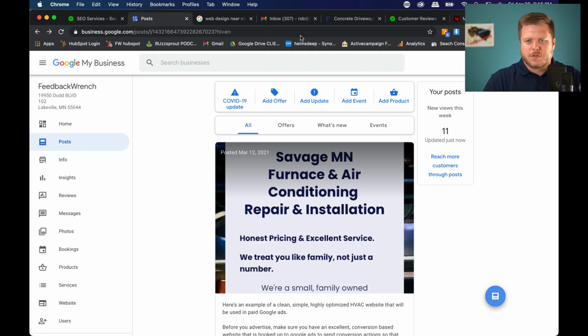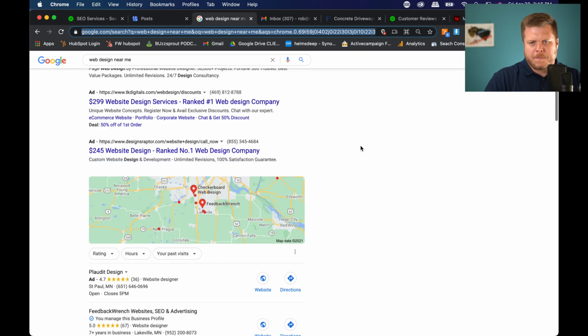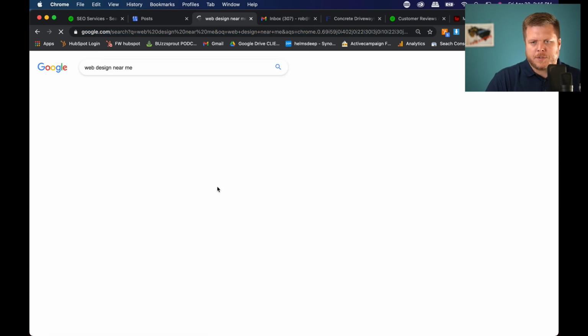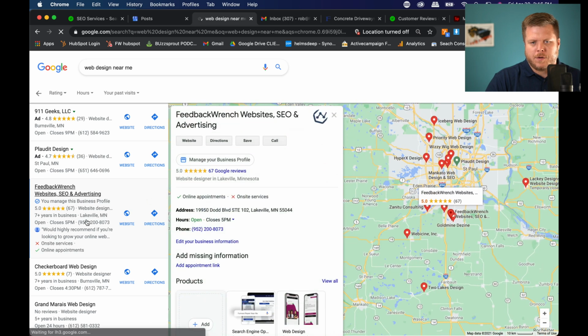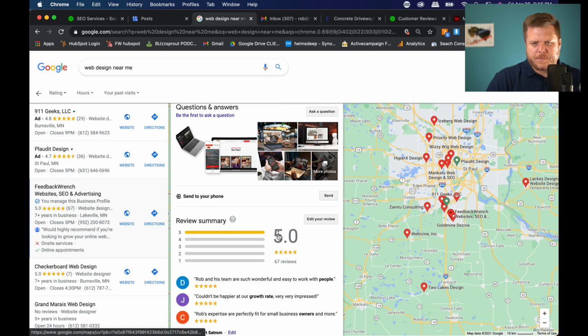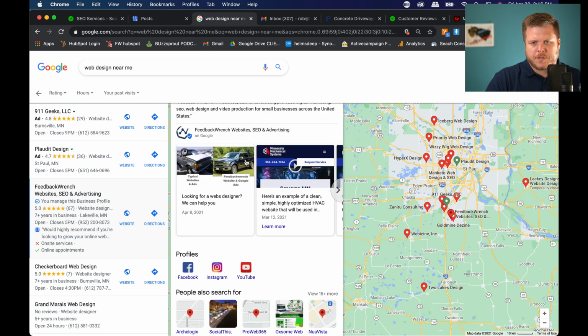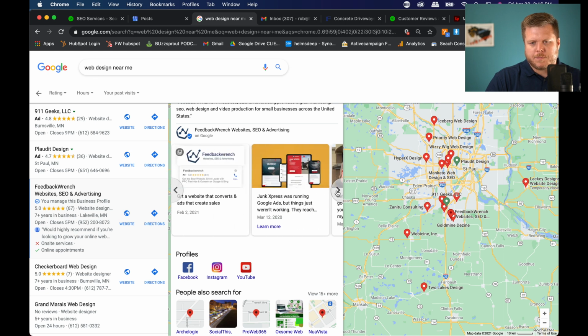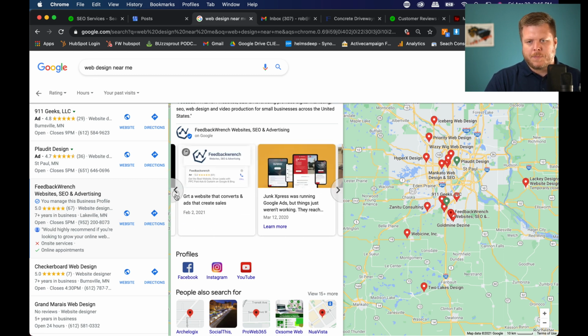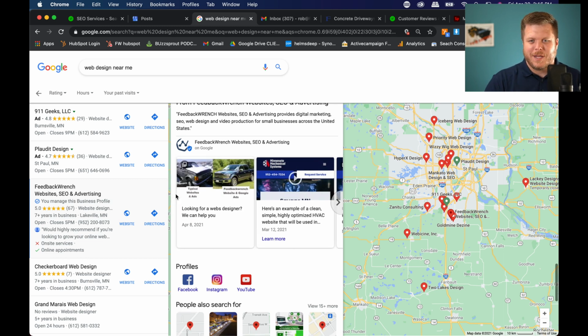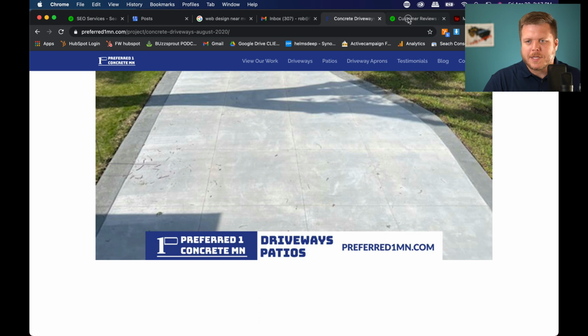Make posts, and the way the posts will show up, I think you saw it on my, if you click into Feedbackwrench here, you will see a little bit of how this works. You'll see it in your Google My Business profile. And down here, you'll see these images, you'll see posts down here, you'll see reviews. So here's the posts that will show up in your Google My Business profile. And posts are kind of handy for you to be in front of people. I don't do a ton of them, but I know the more of a physical, local business you are, the more important that's going to be. And I'm telling you, you should make sure that you're working on that hardcore. Spend time doing that, guys. This is such easy work. So get your photos in, get more reviews than